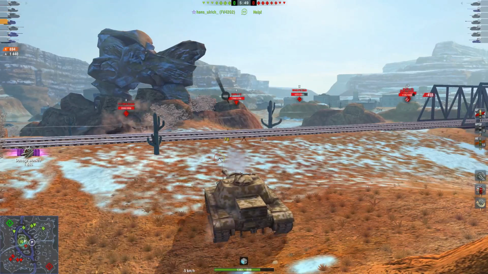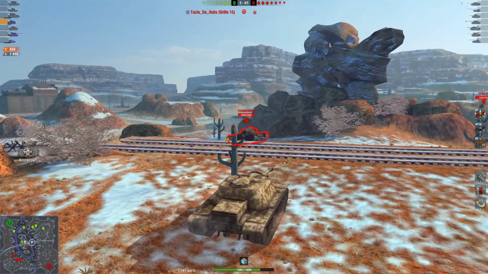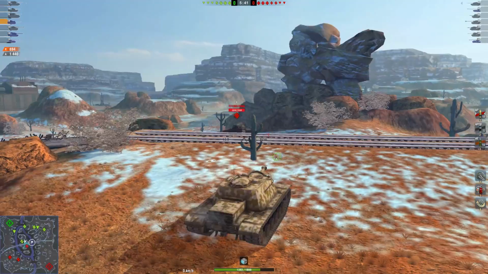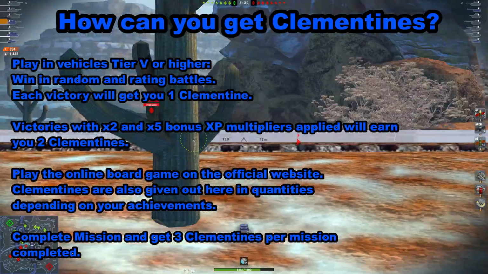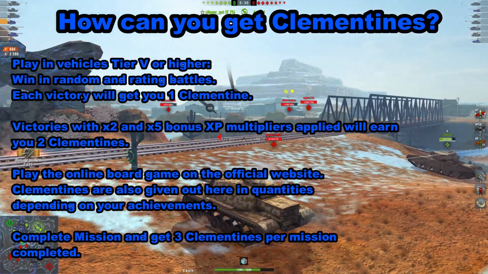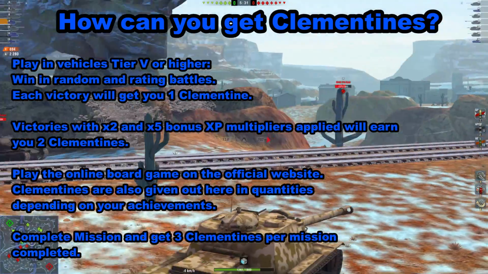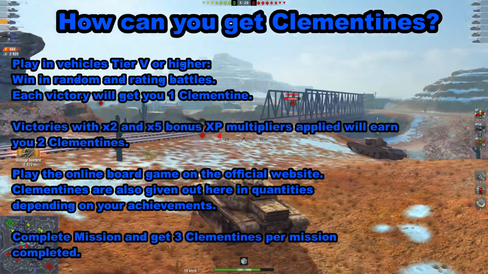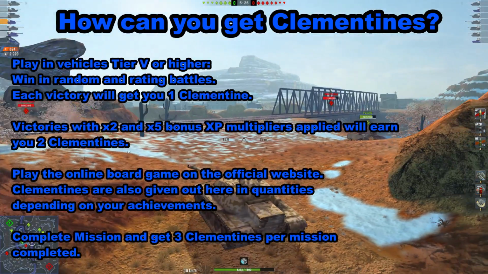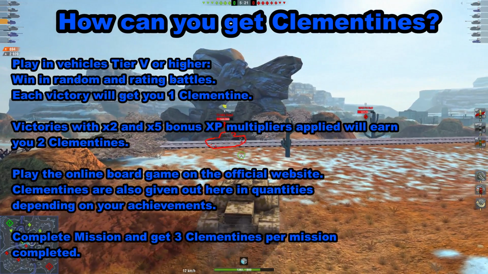Now, real quick, I am going to talk about how you can earn clementines, just in case you did forget or you're not 100% sure. This is just a little quick refresher. So the first way is play in any vehicle from tier 5 or higher, and you win a battle in that tank, you're going to earn 1 clementine. However, if that vehicle does have a ×2 or ×5 victory XP bonus on it, you're going to be getting 2 clementines. So that's not too bad right there. And since the ×2 bonus actually resets twice a day, you're going to be able to earn quite a bit